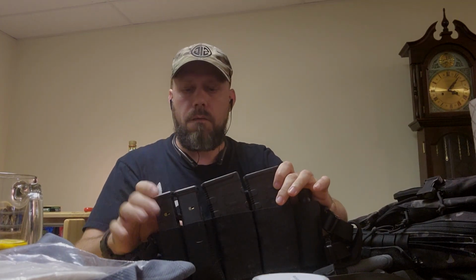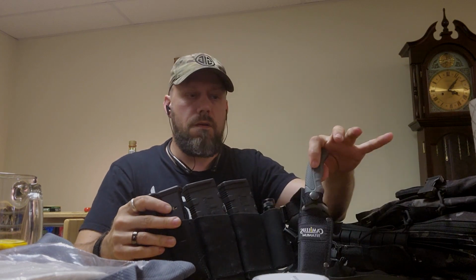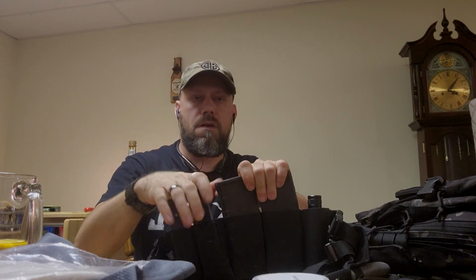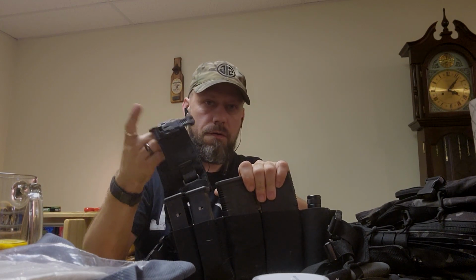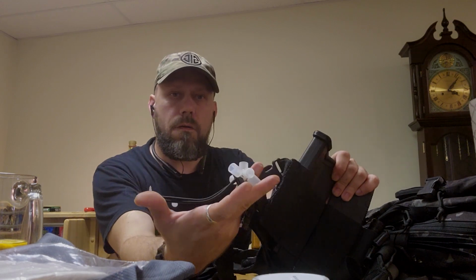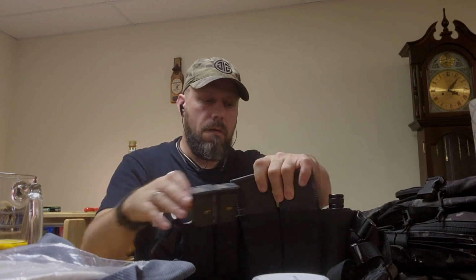Okay, I have a light, I have a fixed blade knife, I have 2 30 rounders plus one in my gun, plus I have 2 21 Glock mags. I have a little shiv on here just because I like knives and it's my thing. I put a little thing on here that I can stick those Cologne sticks on, and I have tearaway on it. This is enough to get me out of most situations and get me home from where I travel,